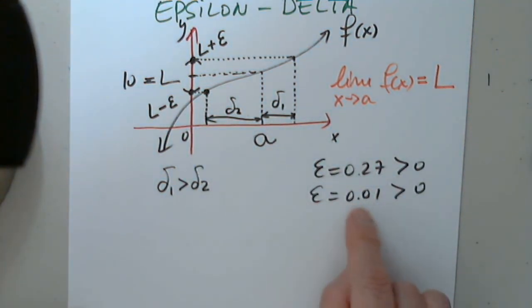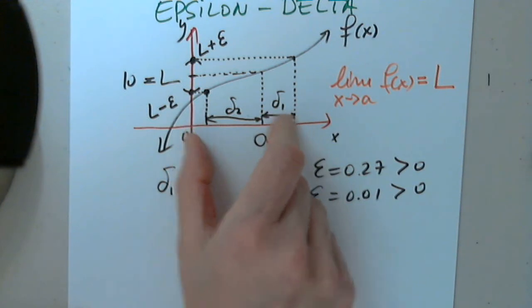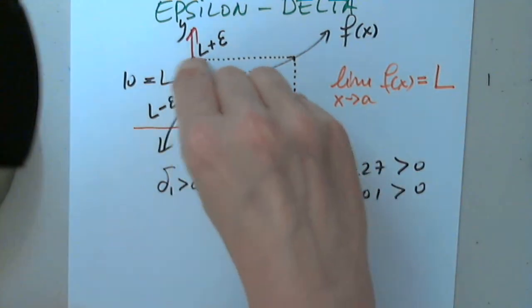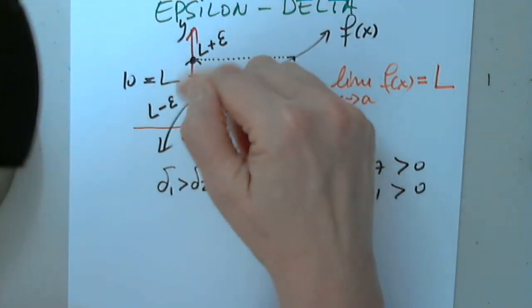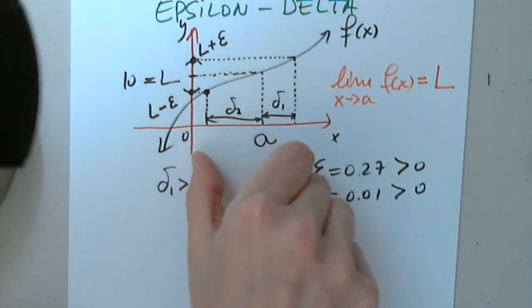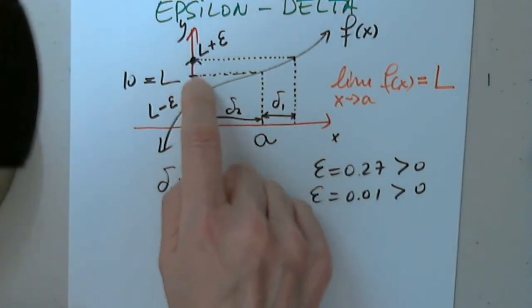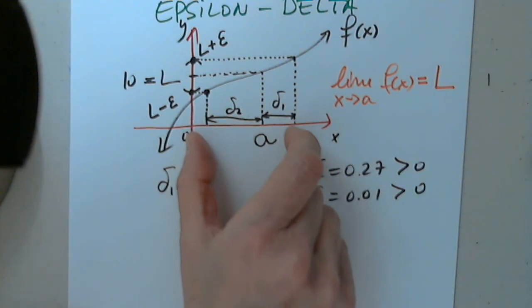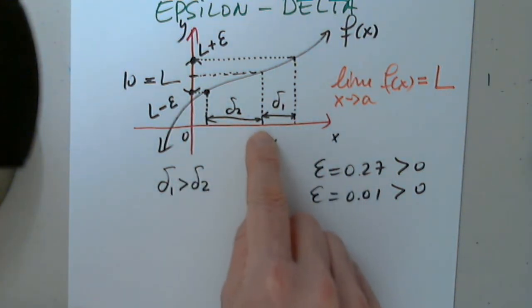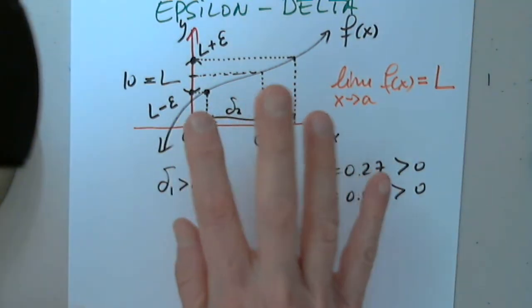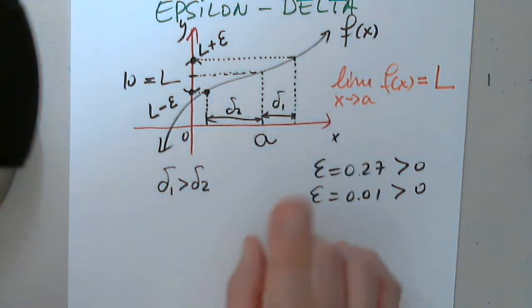If epsilon is 0.01, I will get a different delta. It depends on where I start. So for every epsilon, I will find the corresponding delta near A, and I'll explain which one we have to choose, such that